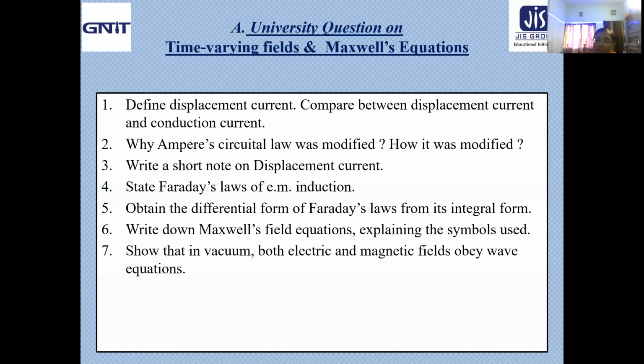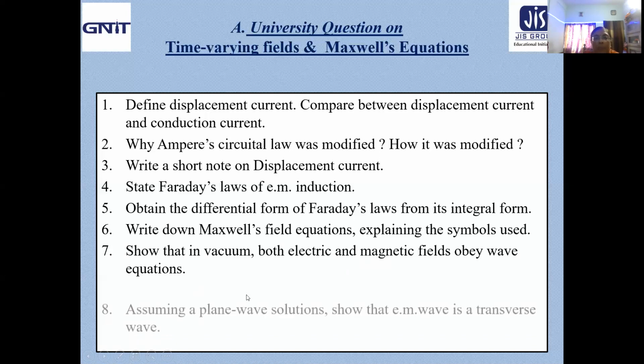Then follow the usual process that we have done in the class, taking curl on both sides of Faraday's law and Ampere's law. We will get del square E equal to 1 by c square del 2E del t2, and del square B equal to 1 by c square del 2B del t2, which are nothing but the wave equations satisfied by the electric field E and the magnetic field B.